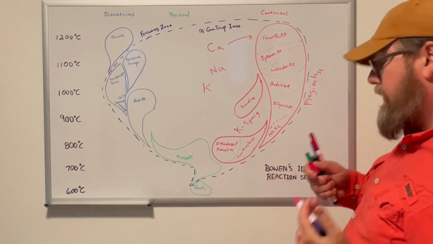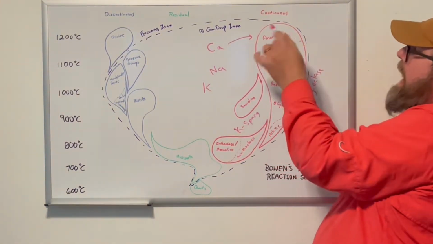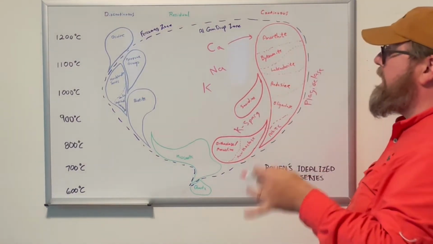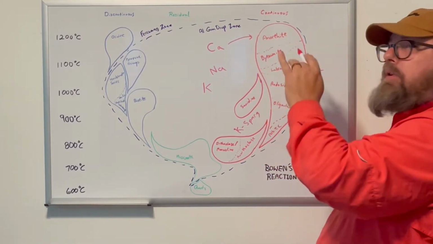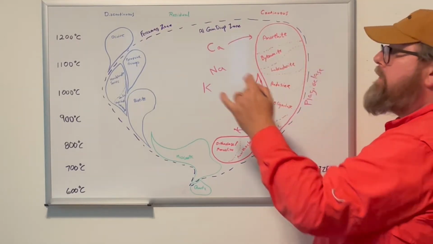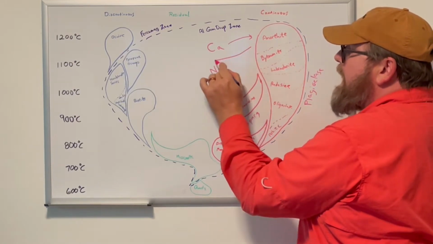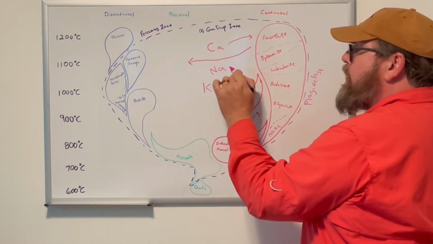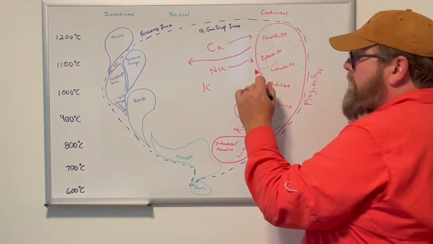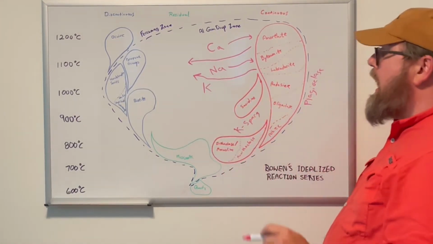But what happens here is a continuous series. There's a continuous reaction, but it's not continuous within these. It's not like calcium will just grab a sodium and there'll be a rearrangement or anything like that. That's not what it is. It's continuously reacting with the melt, all right? So as anorthite takes up the calcium and our magma cools, it'll start to give some of that calcium back up to the magma chamber and grab sodium instead. We cool some more, same thing. Sodium is put back into the melt, and